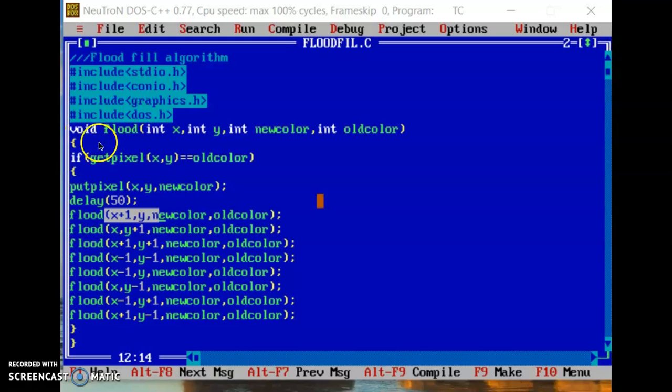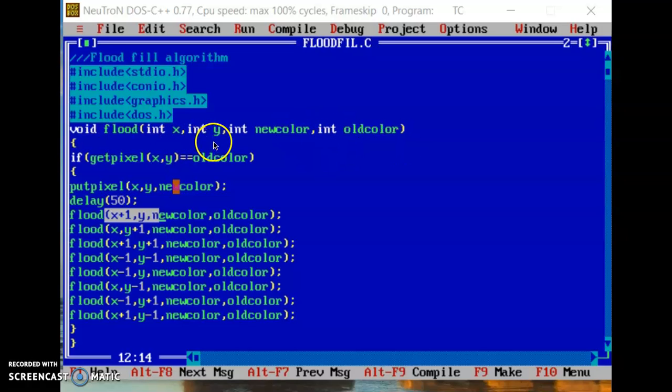In place of flood, you can write any name, flood fill or flood fill algo or FL, AL. You can write anything. Then in this function, you have to pass the parameters int x, int y, int new color, int old color.